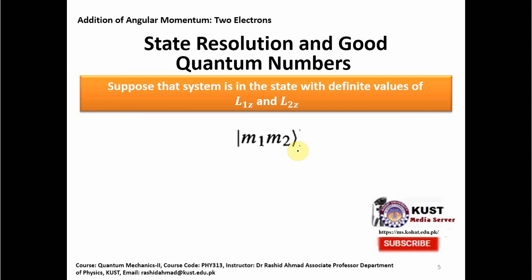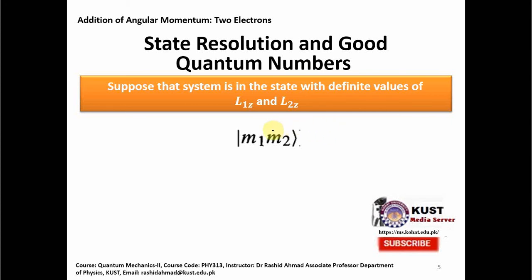If the answer is yes, it is changed, then we say the state cannot be resolved further. But if another measurement, for example of L square, is not changing the state of the system, it leaves it in the same state, then we say that it can be further resolved, and it is connected with the uncertainty principle. But at the moment, the message is to understand that what we mean by resolution is to make another measurement once you have represented the state with certain quantum numbers,